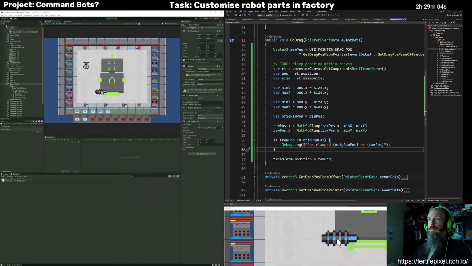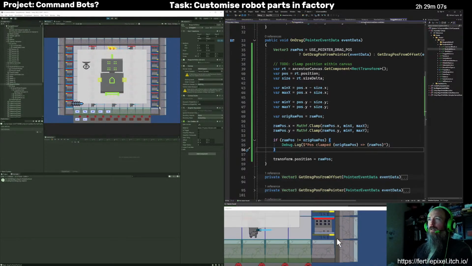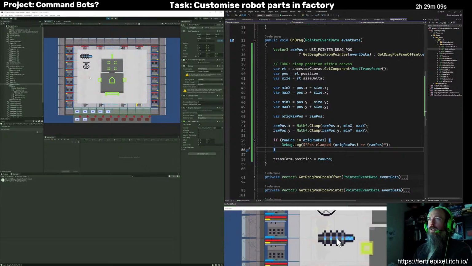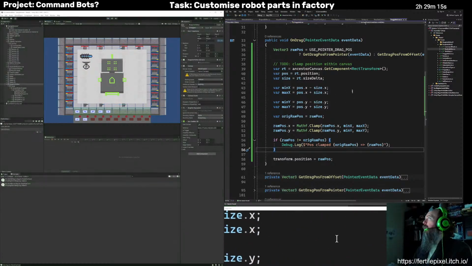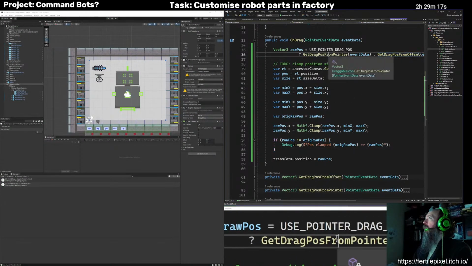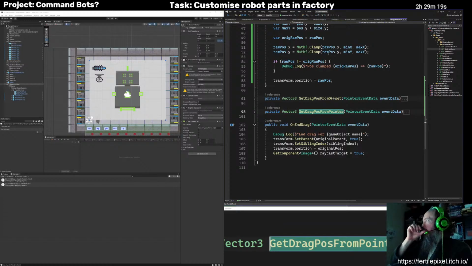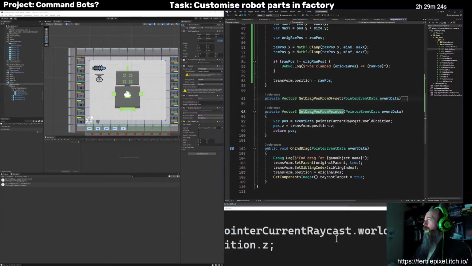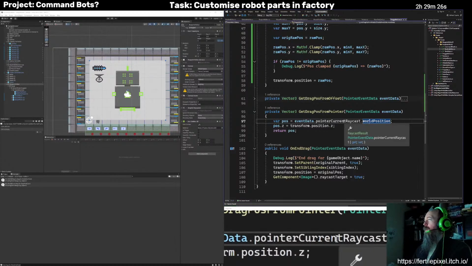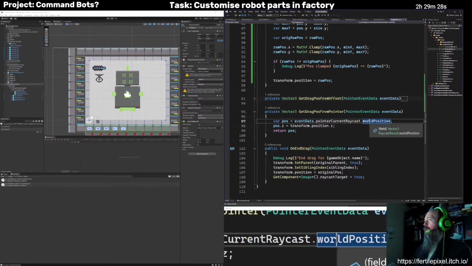So that does not seem to be amazing. I wonder if that's related to this, the fact that in here I'm using the current raycast world position.